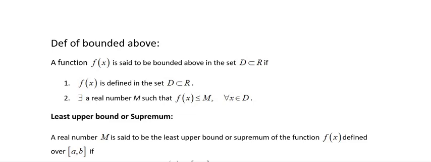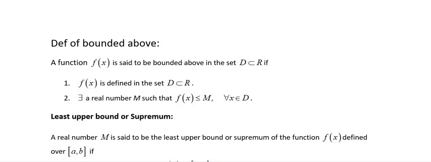Definition of bounded above. A function f of x is said to be bounded above in the set D subset of R if f of x is defined in the set D subset of R. Second point is there exists a real number capital M such that f of x is less than or equal to M for all x belongs to D. This definition I already explained to you. So in this situation we can say that f of x is bounded above and M is called upper bound